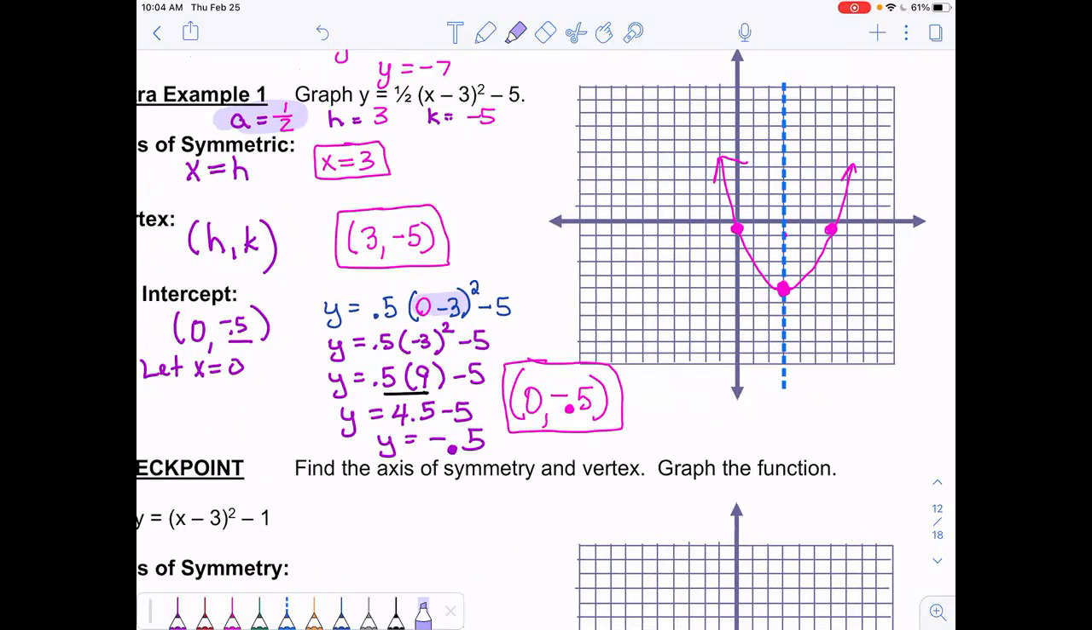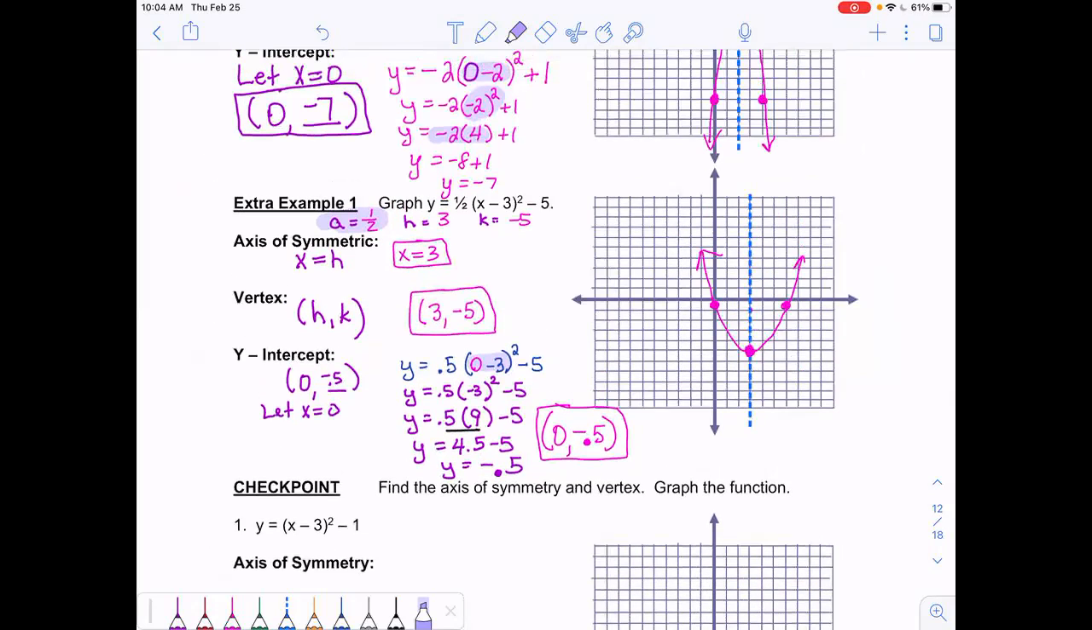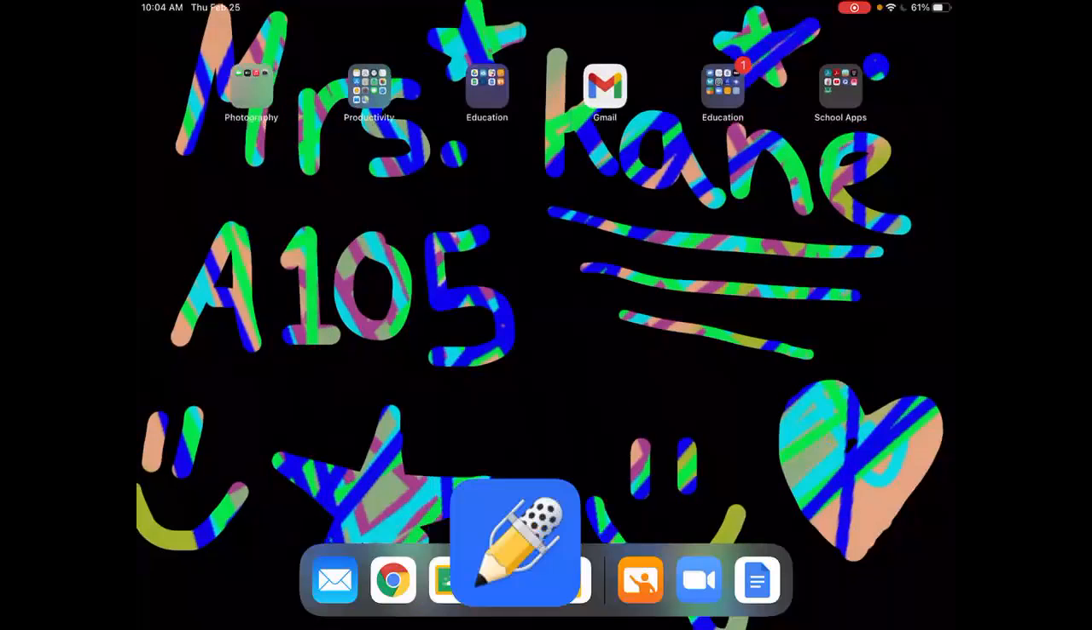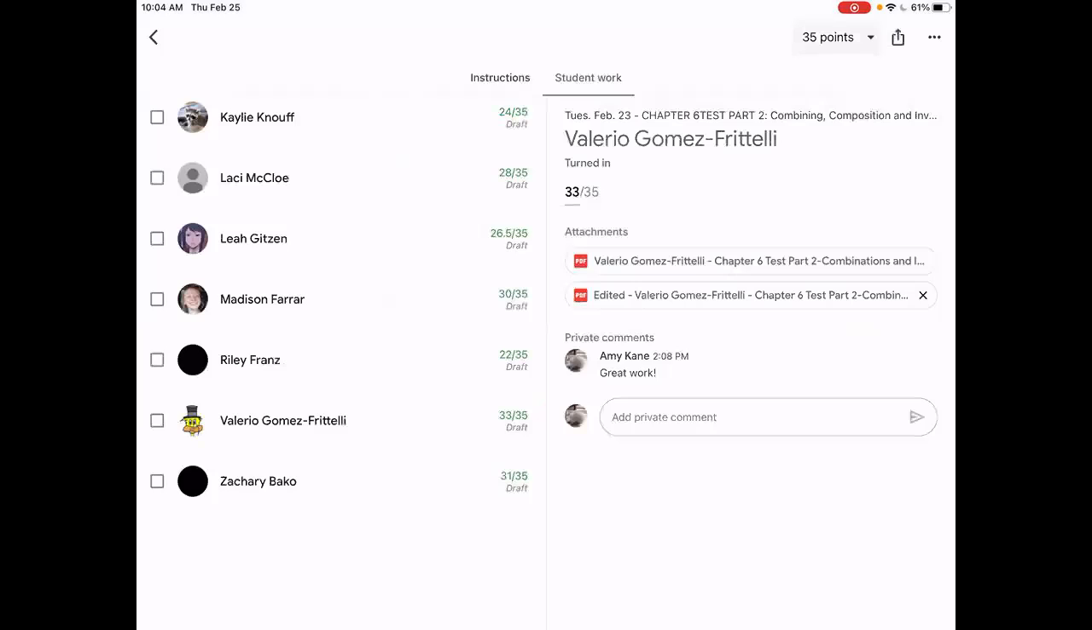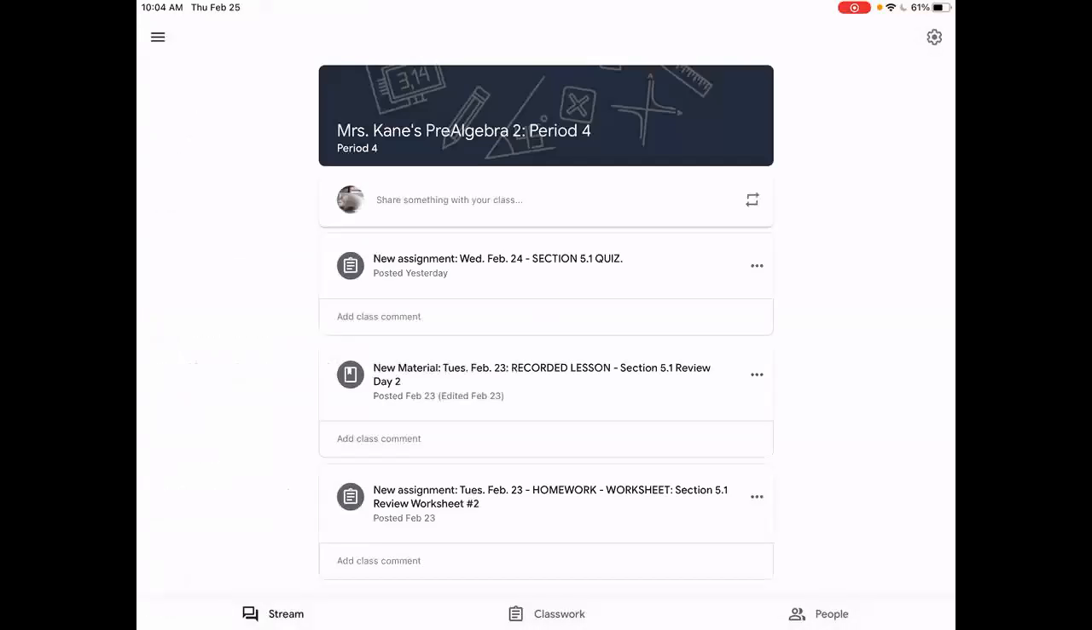All right. So we will not do the checkpoint problems. We'll save those for tomorrow. Instead, maybe Mr. King will go over a couple of homework problems with you. Plenty of time to go over them. So if you travel over to Google Classroom,